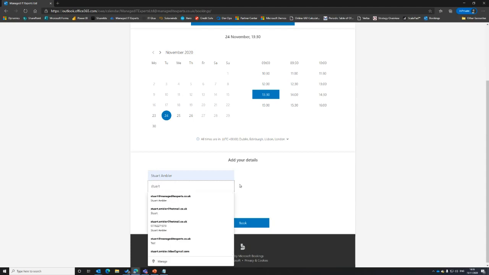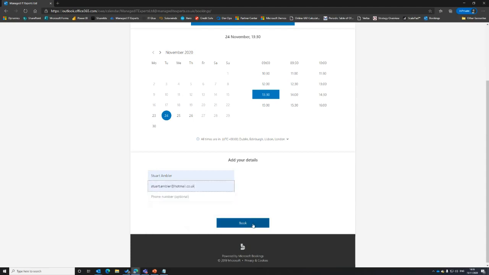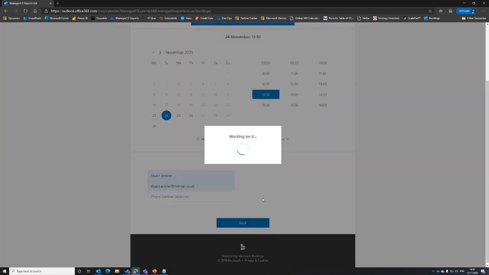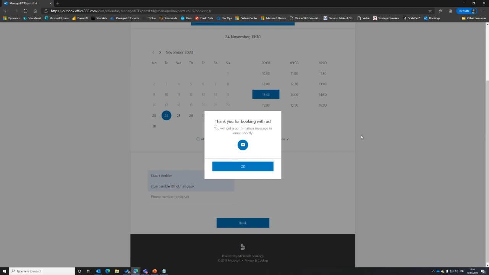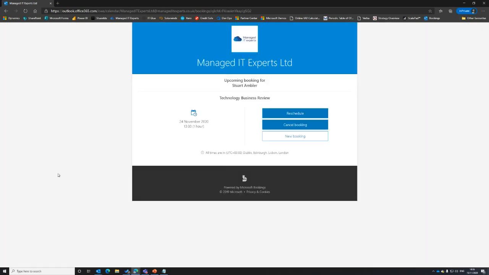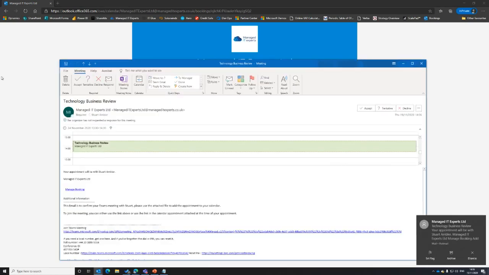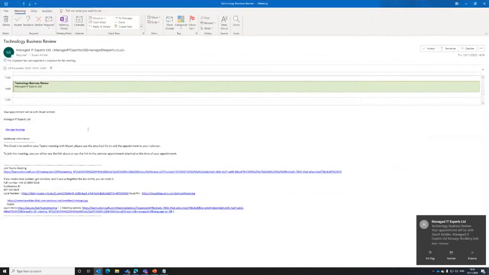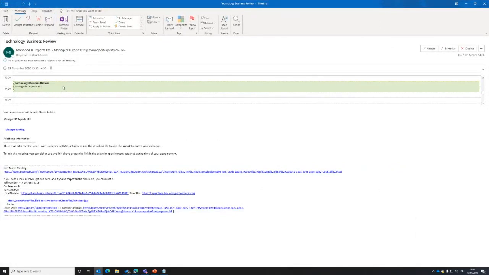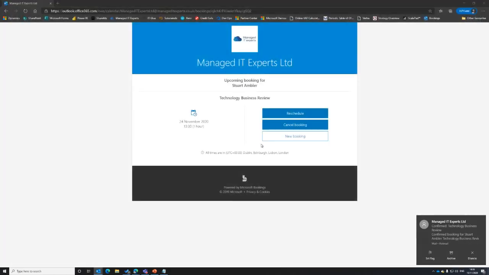There we go. Put that for 1:30 next Tuesday. So that will then book on the calendar. They'll get a confirmation email, and I'll just show you exactly what happens from the customer's perspective. So they'll then get an automatic email that will come through with the calendar invite. That'll also have the link to join the online meeting, so they can accept that. They can also use that email and that link that they've been sent to reschedule or cancel or manage the booking in any way, shape or form.